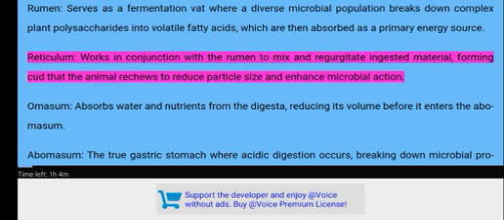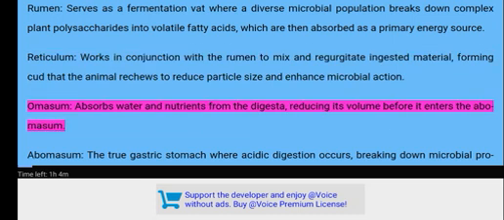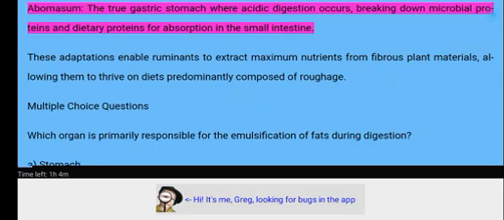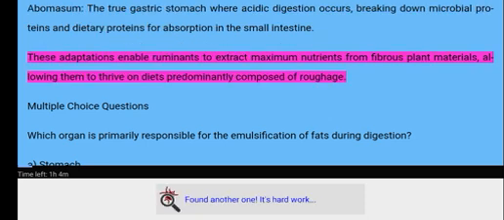Reticulum works in conjunction with the rumen to mix and regurgitate ingested material, forming cud that the animal rechews to reduce particle size and enhance microbial action. Omasum absorbs water and nutrients from the digesta, reducing its volume before it enters the abomasum. Abomasum, the true gastric stomach where acidic digestion occurs, breaking down microbial proteins and dietary proteins for absorption in the small intestine. These adaptations enable ruminants to extract maximum nutrients from fibrous plant materials, allowing them to thrive on diets